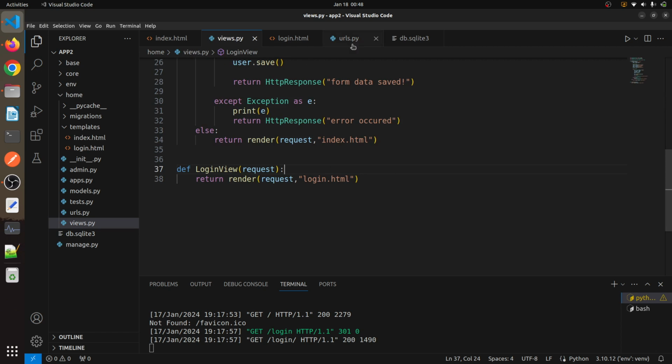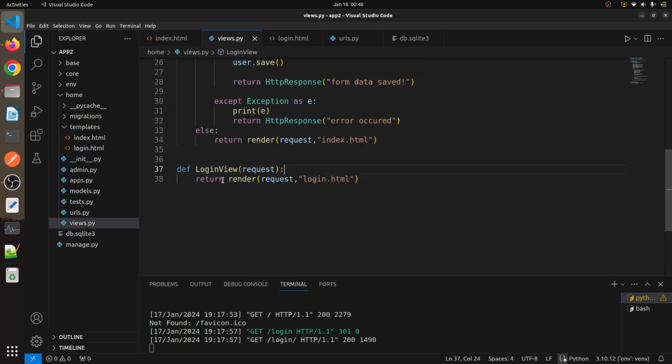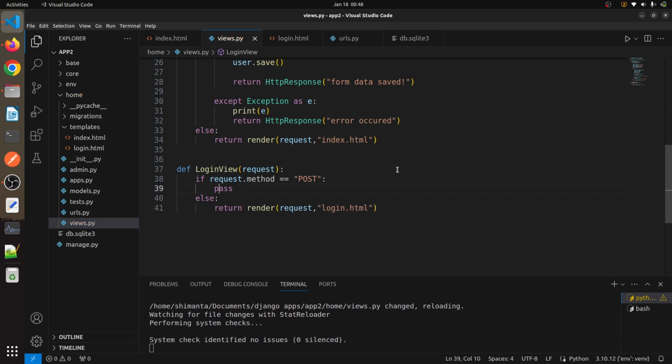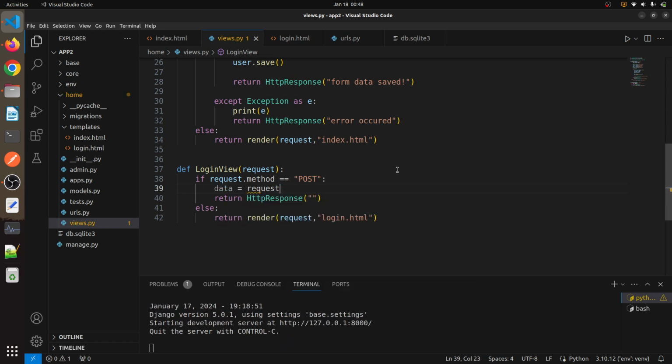So further, if the user sends the request as a post request, this will go into this view. Okay, so we can write if request dot method equals POST. Okay, so just make the pass, and I will just pass here. Okay, so let's make an HTTP response here. So first of all, we need to get all the data. So I will type data equals to